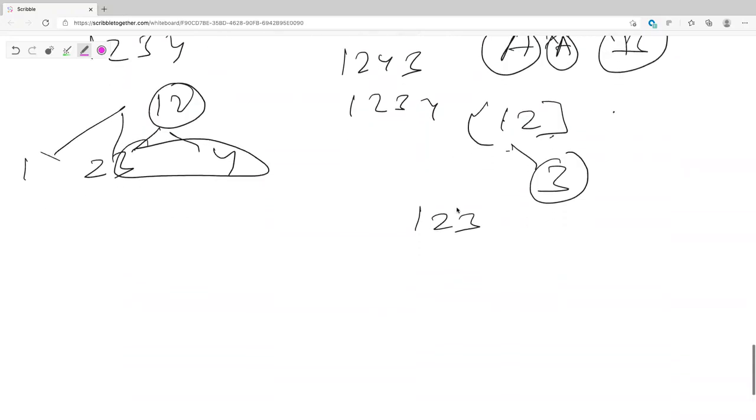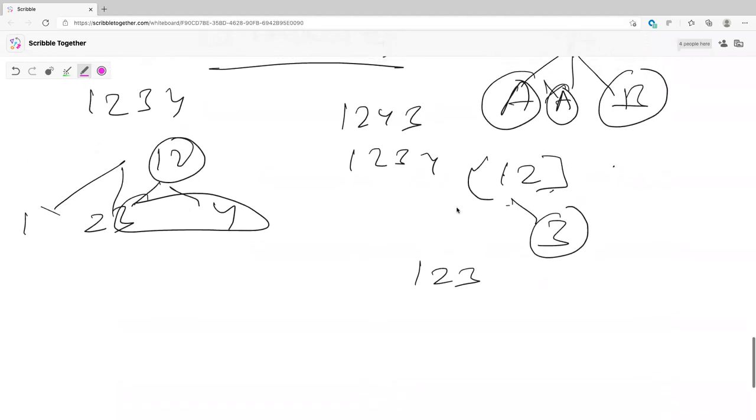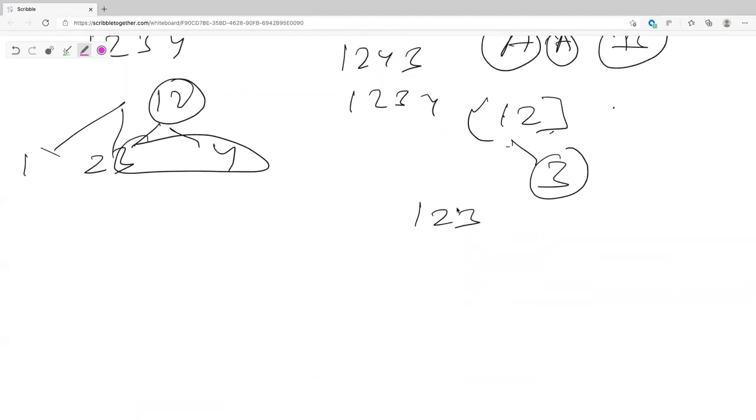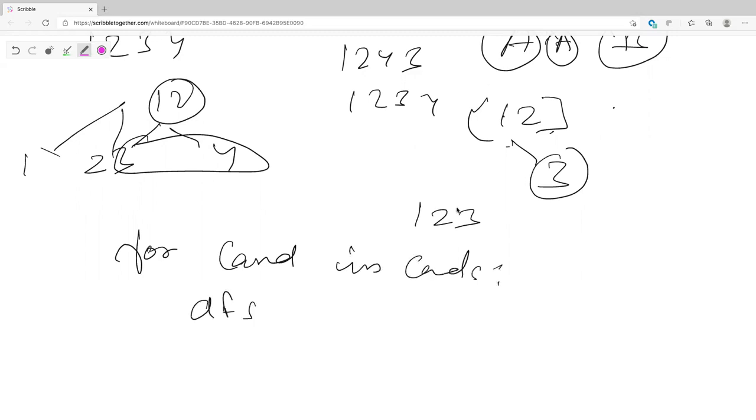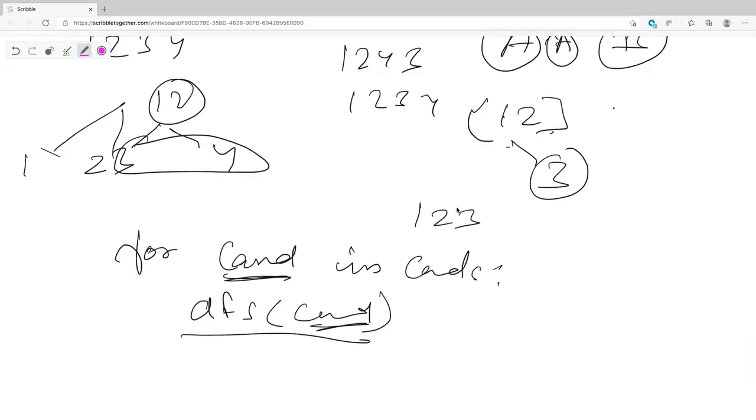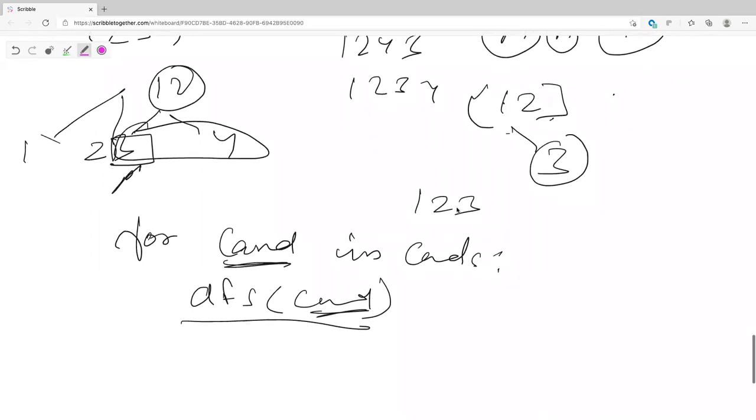So that's the first thing: what are your candidates? Once you figure out what the candidates are, you loop through your candidates and start a new DFS. If you remember, for each candidate, you do a new DFS by including this candidate, by taking this path. By doing a DFS, you're not starting a new tree, but you're following that path. So if you're at 3, now you take this path.